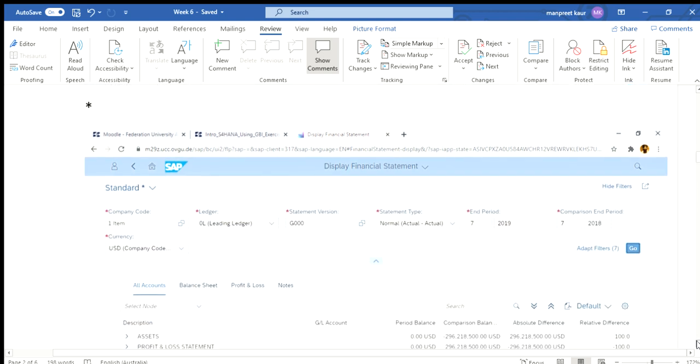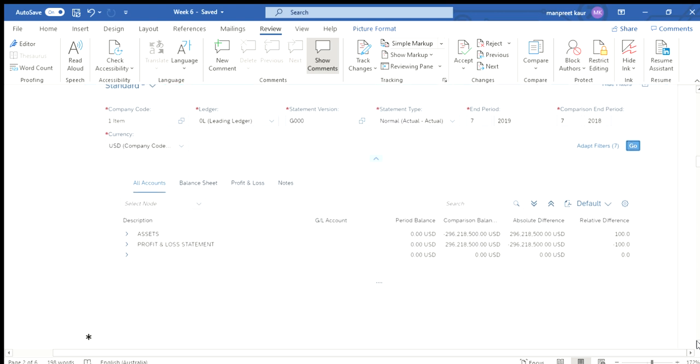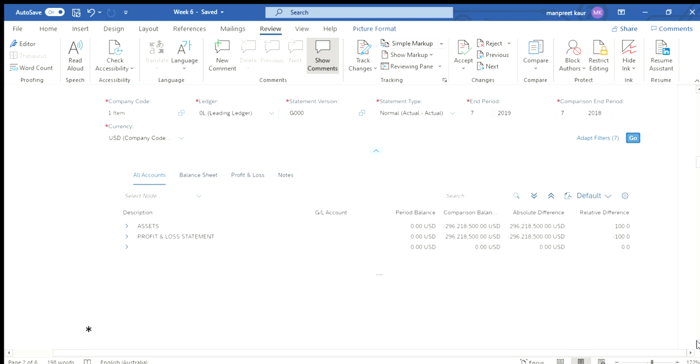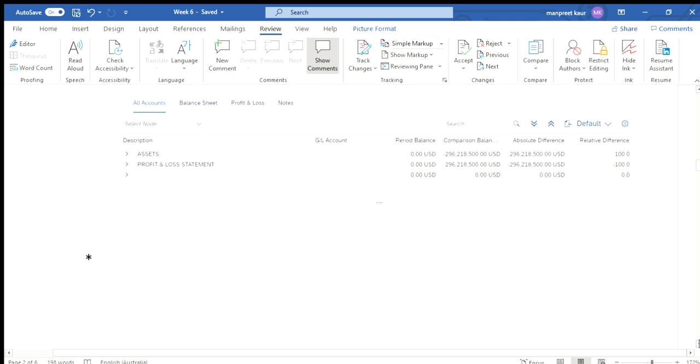The next screen will be similar to this, where we will get the answer when we press on go. Here we can see assets and profit and loss statements. All the information is given here. If we want some more information, we need to click on these icons in front of assets and profit and loss statements.